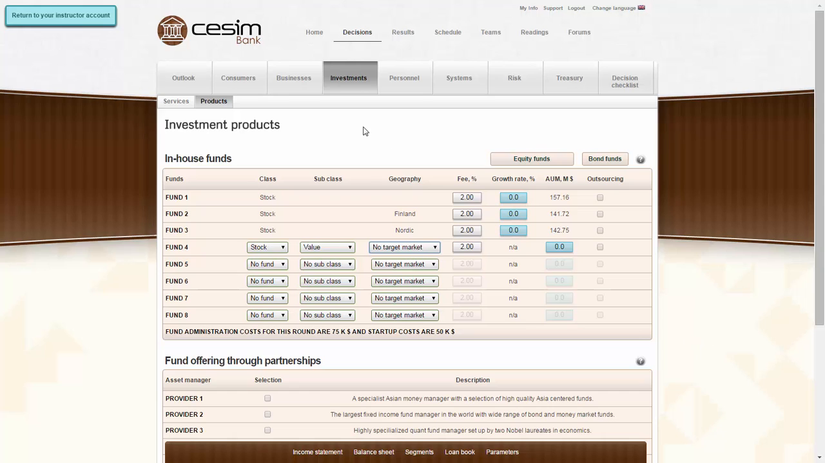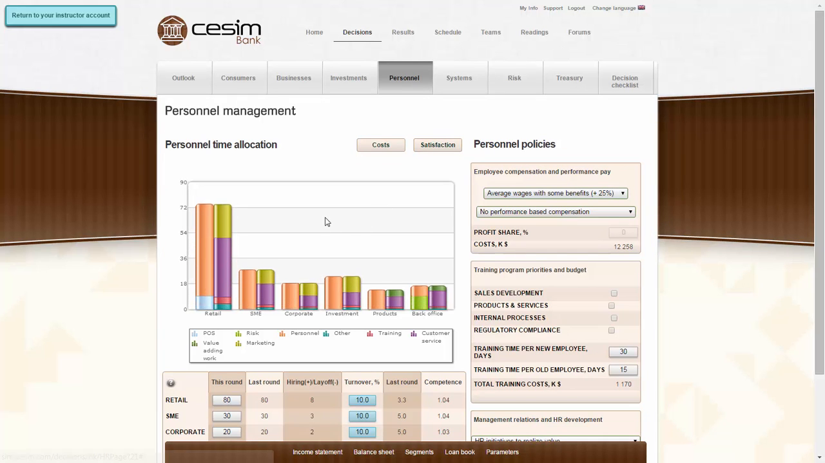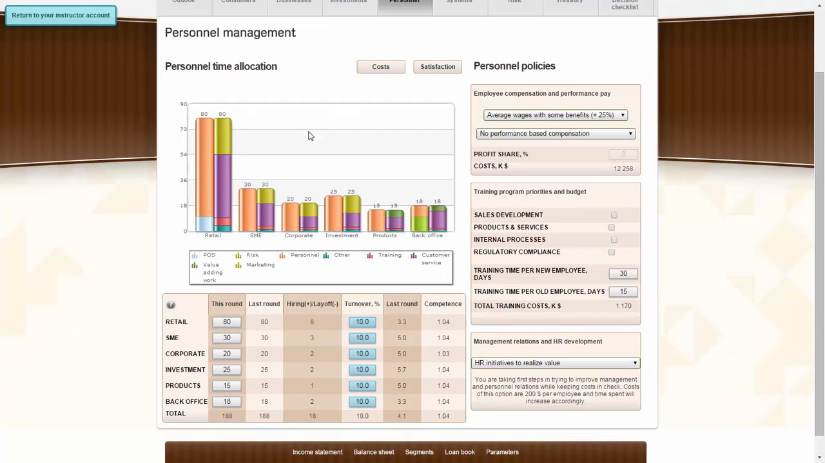And as mentioned, this whole investment section, if it's not relevant, can be disabled completely. Now we go towards the back office, where we first have the personnel decisions, and on the personnel decisions we decide the staffing for each of the different departments. So we have retail, SME, corporate, investments, products, and back office, and the amount of personnel will then influence the